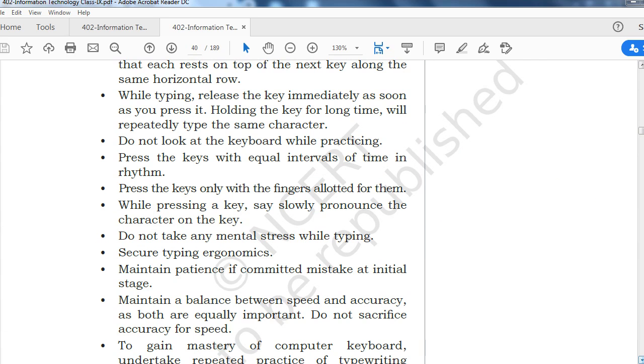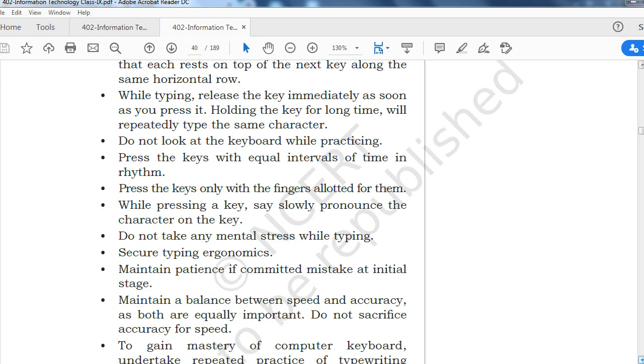While pressing a key, say slowly, pronounce the character on the key, right? Do not take any mental stress while typing. If you take mental stress, then it will take more time for you to master it. So don't take stress, just enjoy.